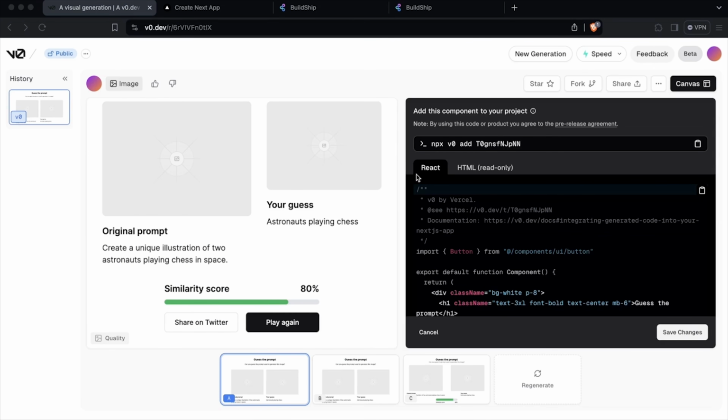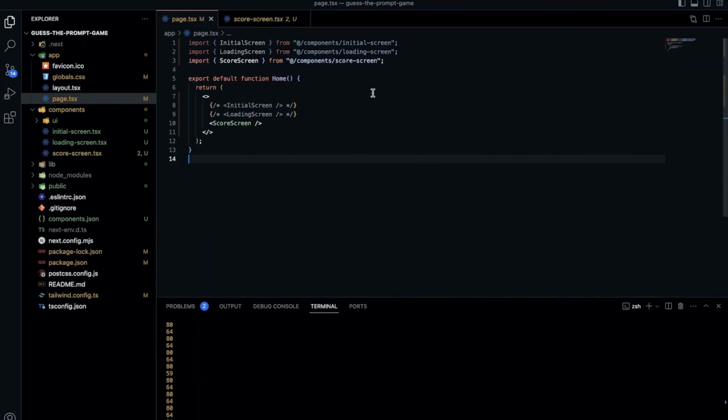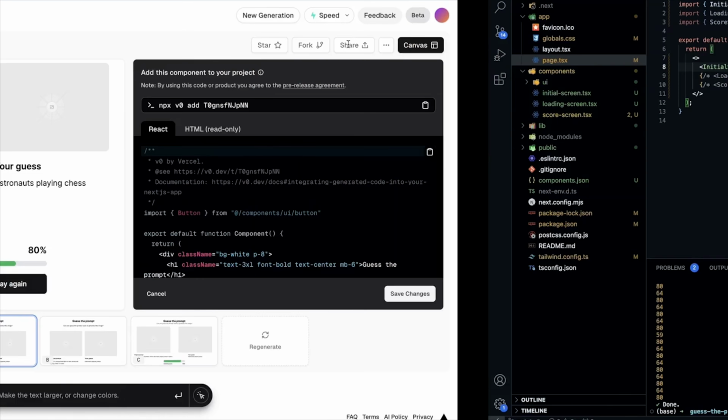Great. And with that, we've now generated all our screens without writing a single line of code. And we've also added those over to our application. So if we go back to our project, let's comment out the score screen and let's just uncomment the initial screen and let's start working on our game logic in BuildShip. I'll save this file. When we go back to our project, we can see now that we're back to our